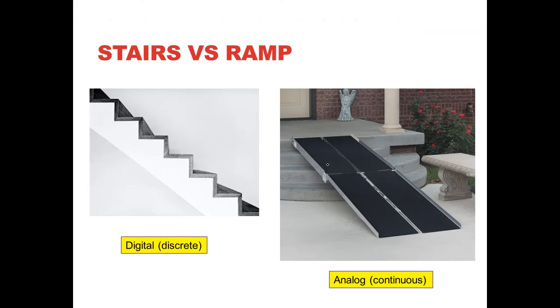So our first example is the stairs versus a ramp. In this example here, we have some stairs. Now when you walk up these stairs, you're only ever at one of these levels, and if you look at this diagram here, there's 5 or 6 levels, and that's all you get. These are 5 or 6 discrete levels that you're at. Now you compare this to a ramp here. This looks like a wheelchair ramp, and as you ascend up this ramp, essentially you end up at an infinite number of levels, or we'll say a continuous number of levels. So once again, this is the digital on the left side, the digital spectrum. This on the right side is analog.